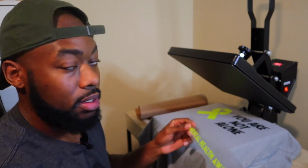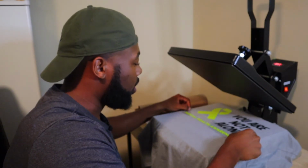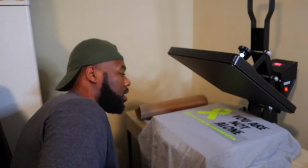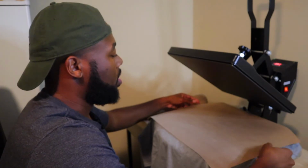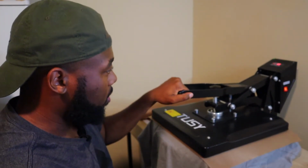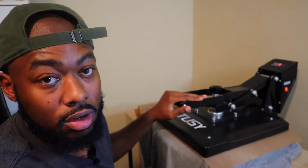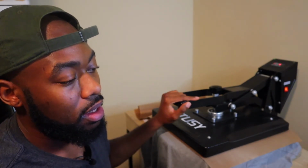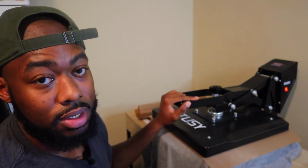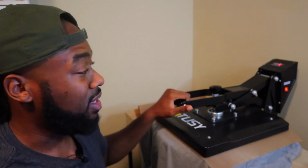All right, guys, last but not least, to put the finishing touches on this shirt, we have the mental health awareness. I'm gonna press this 15 seconds, and we're about to see how dope this shirt looks. As you can see, we really just went from Canva to a shirt just that fast. Only took about 10 minutes maybe at that. So